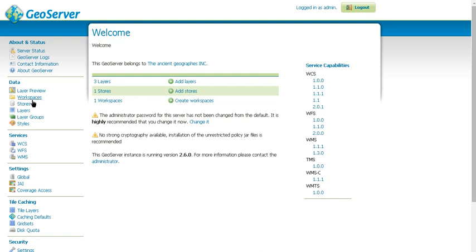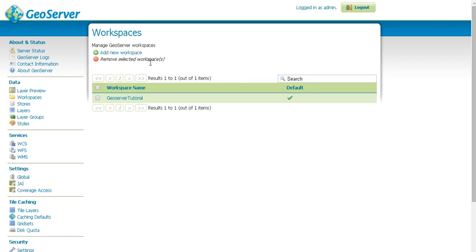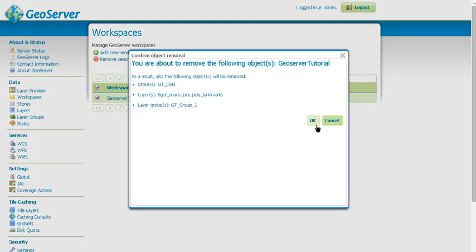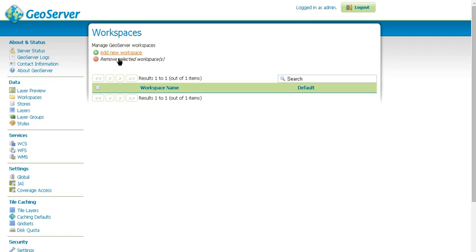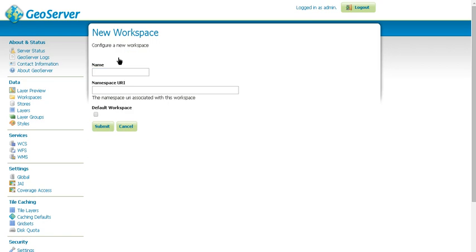So for doing that, first of all, click on workspaces. You can see that there is already a workspace named GeoServer tutorial. What I'm going to do is delete it and create it from scratch. So remove selected workspace, click on OK. Now to create a workspace, click on add new workspace, provide a